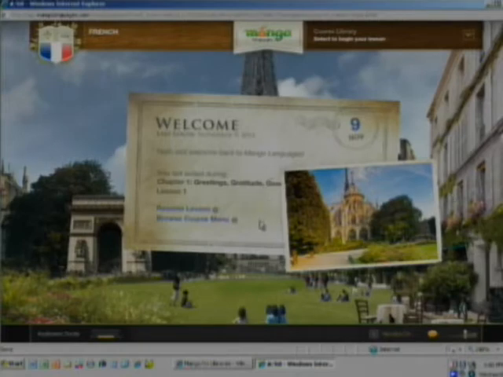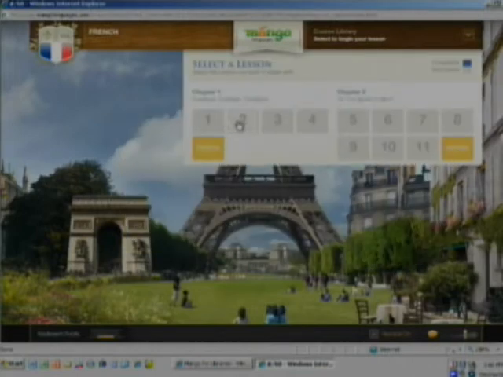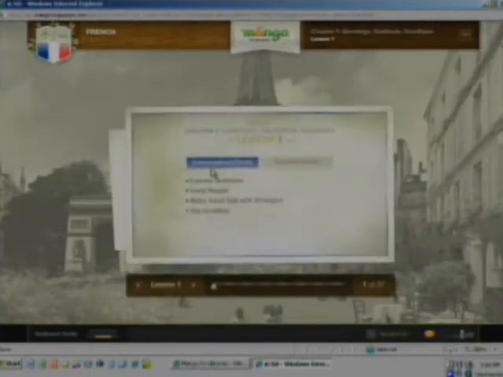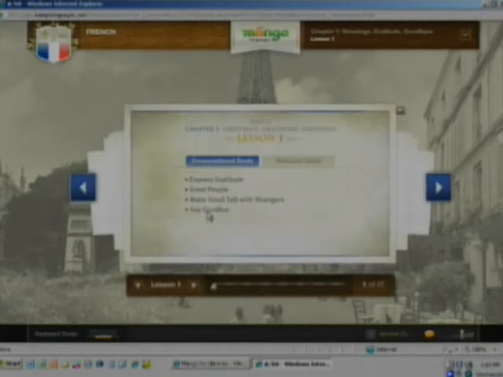Within that section here, there's an opportunity to resume your lesson if you had left it and you're coming back. Or if you want to browse the course menu, it's going to bring you to the various levels and programs that are in that particular lesson. So I'm going to go ahead and, let me try to go back here. We're going to start at Chapter 1, Lesson 1. And you can see it brings you to the goals of that particular lesson. And then also there are some grammar goals within that lesson.